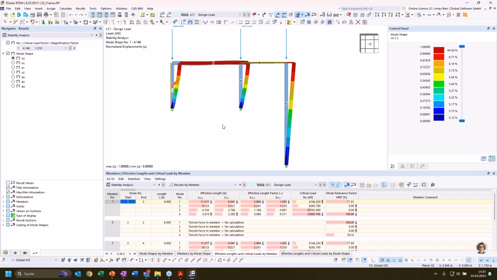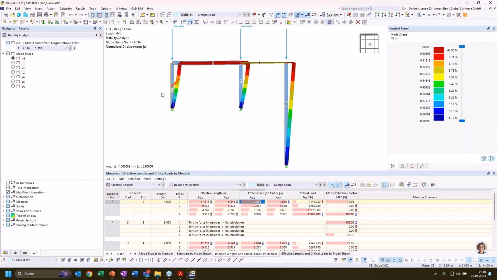And now in the first mode shape, as we have seen, this two-hinged frame suffers from buckling around the strong axis, and we could read the effective length factor accordingly for the strong axis in this column right here. So we would get an effective buckling factor of 2.8,